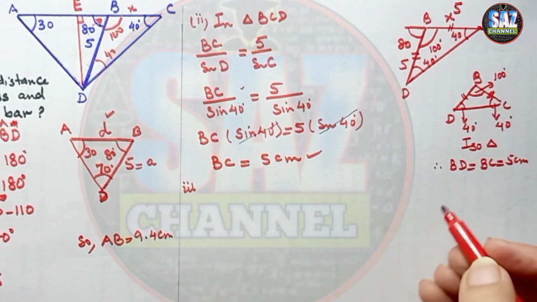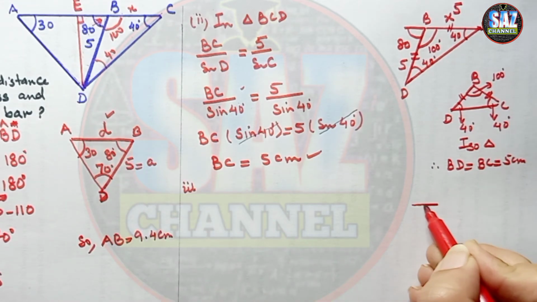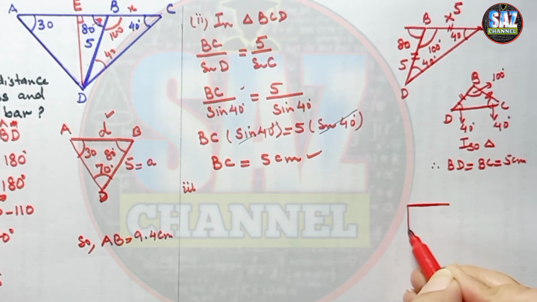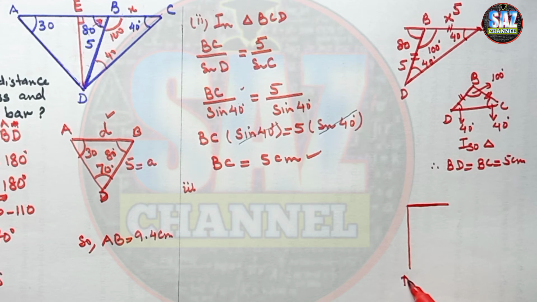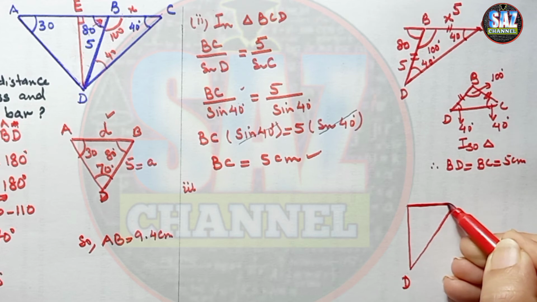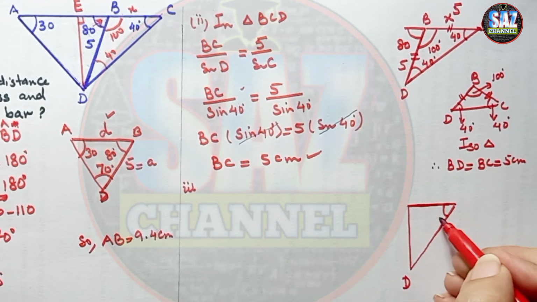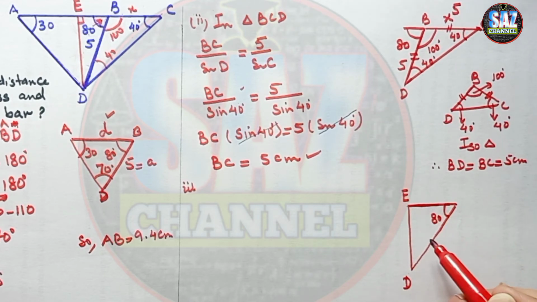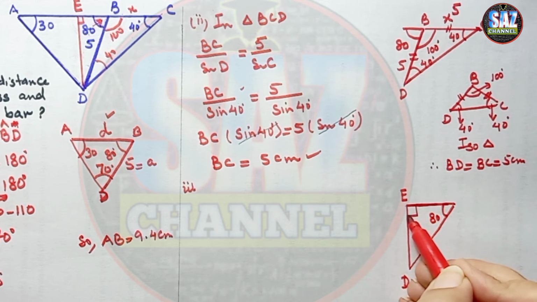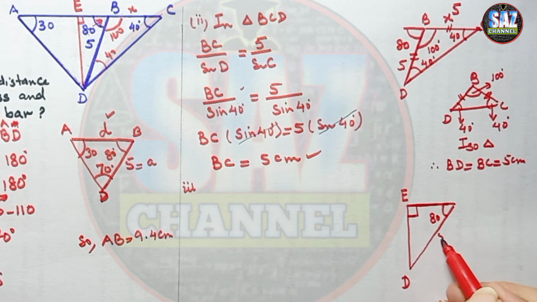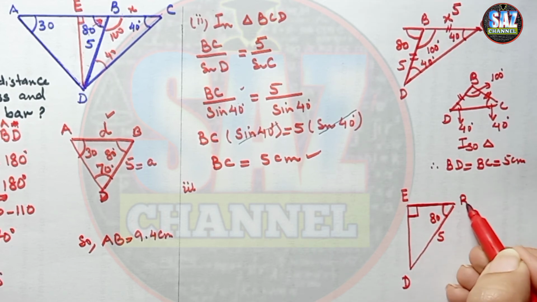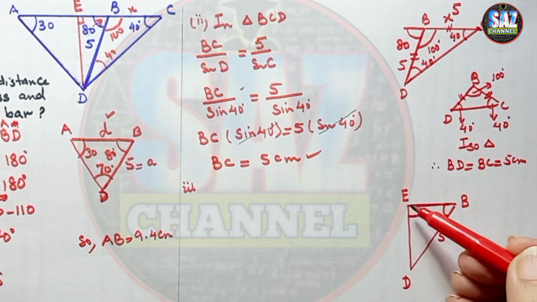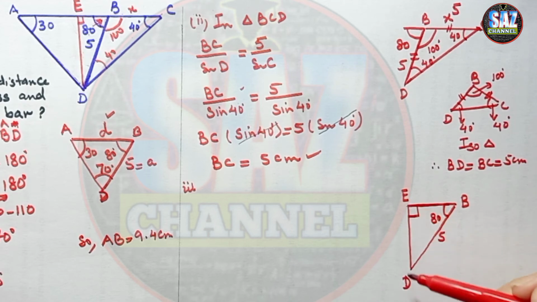So for the third part, I have to draw a triangle here. Okay, this is the vertex D, which is already in the question. This is vertex B, which is already in the question. Okay, and having angle 80 degrees, and this perpendicular we have dropped, which is meeting AB line at point E, and now we will have the 90 degree angle at this position, and this side is 5 centimeter, which is already given. Now in order to find the vertical distance, I have to find this DE length.